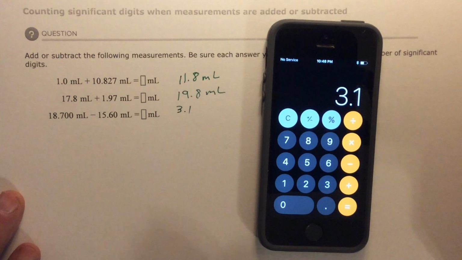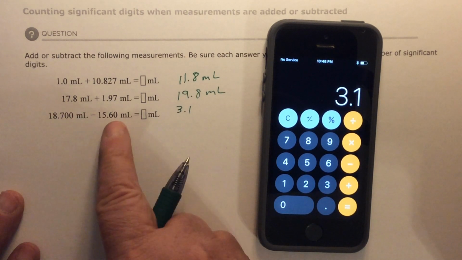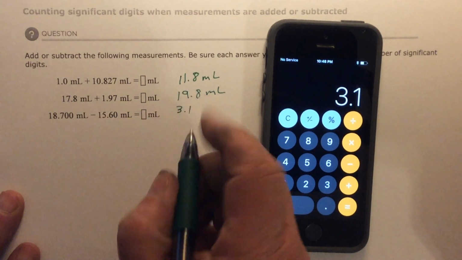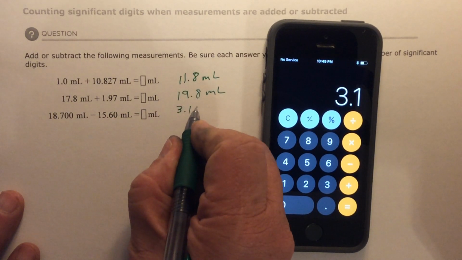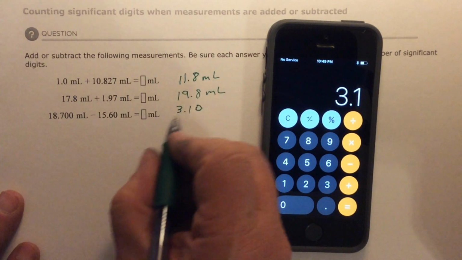3.1. Never trust it, because this one is to the thousandths, this one's to the hundredths, which is the least, the hundredths. So this is only to the tenths. I'm going to have to add a 0 here to make it go to the hundredths place. So this is 3.10